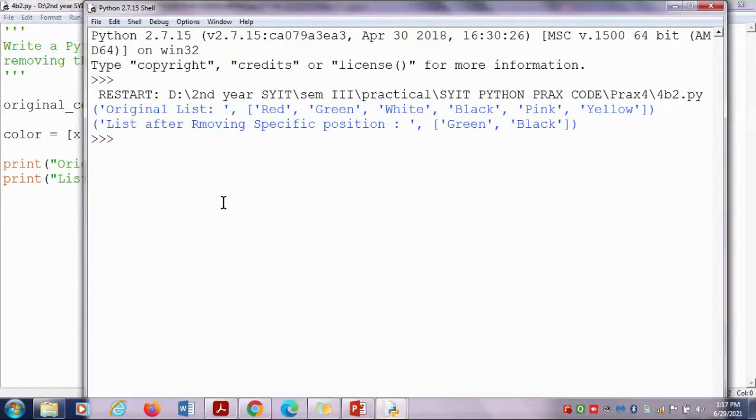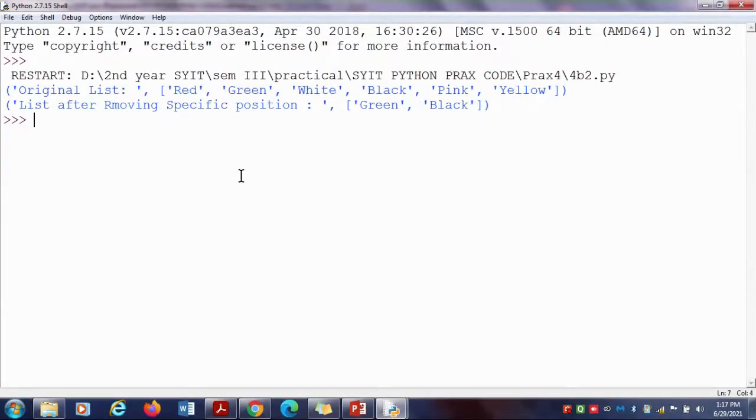The result is shown in your prompt panel or script panel. The original is red, green, white, black, pink and yellow, whereas after removing the specific positions we have only 2 elements, green and